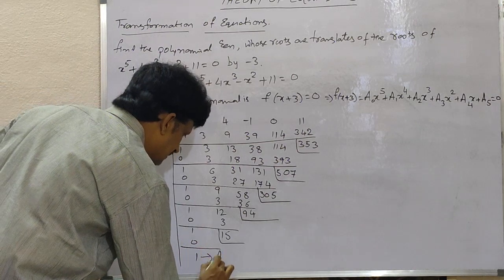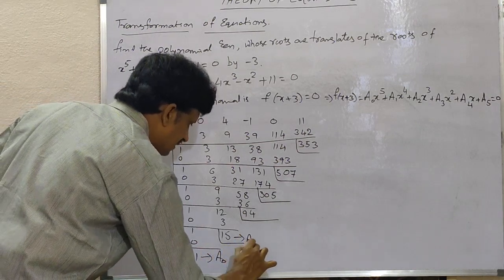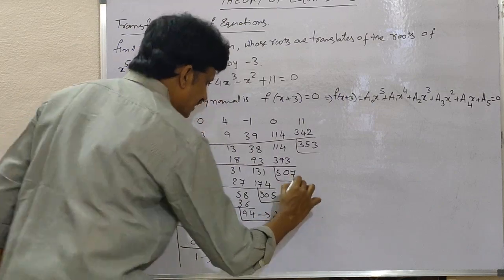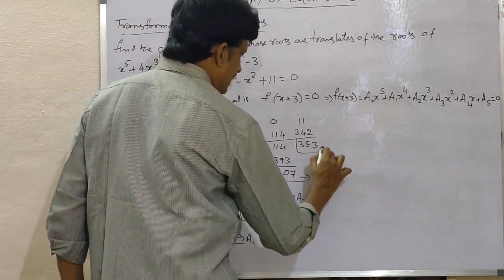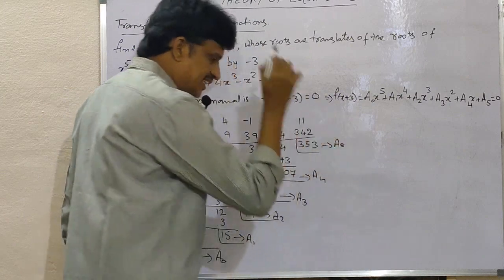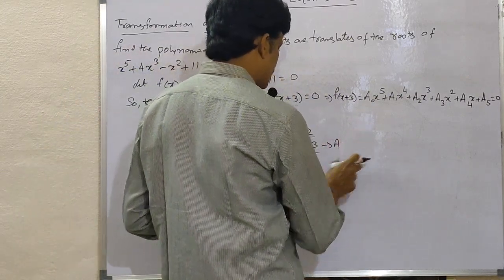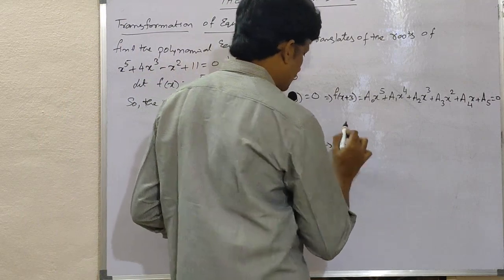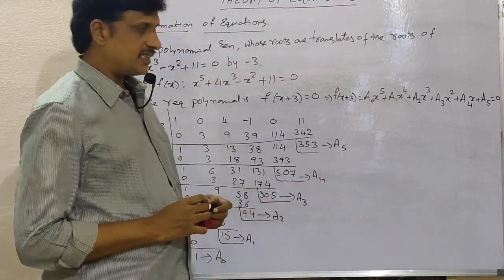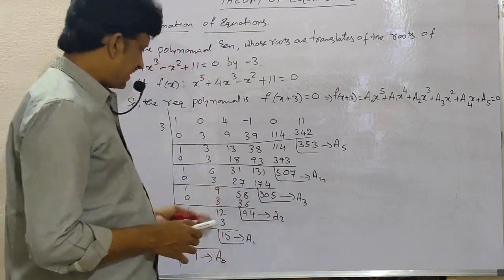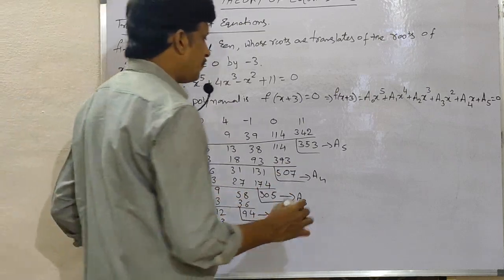Here this is A0, this is A1, this is A2, this is A3, this is A4, and this is A5. It is very easy to calculate the transformed equation like this by using this division method. Instead of writing whole power 5, whole power 6 expansions, it is easy to write. So the required polynomial is